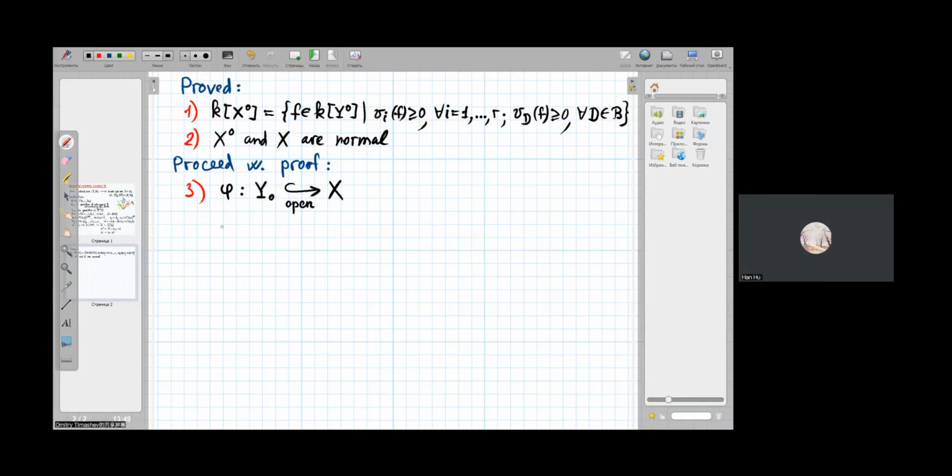Since it is birational, it is injective on some open subset. But since it is G equivariant, it is injective on the whole orbit Y naught. Then, for this purpose, it suffices to prove